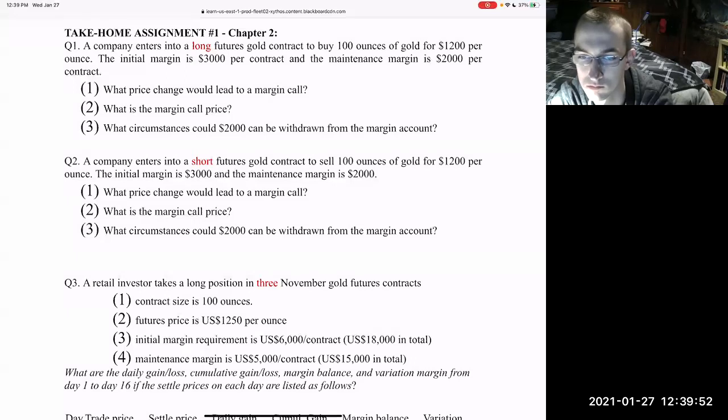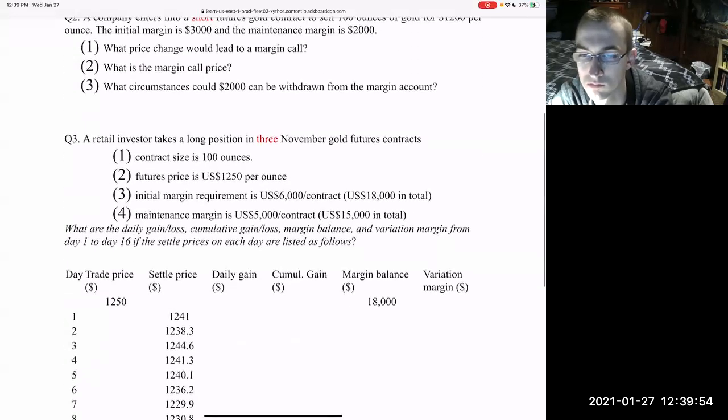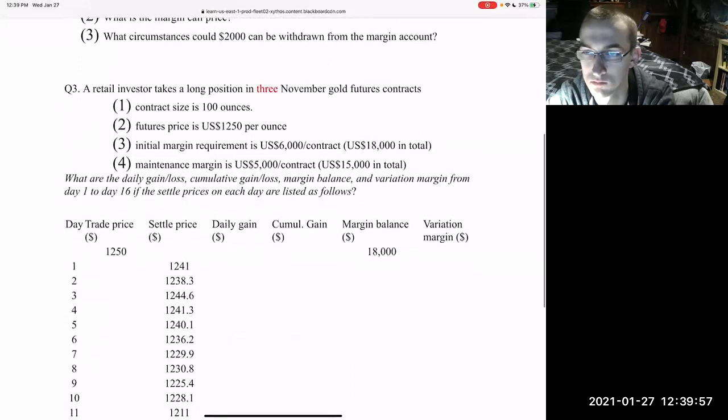We went through example 2 similar to this, right? And question 3 is a margin balance question. So retail takes a long position. You see, long position. That's one thing you need to know. And the 3